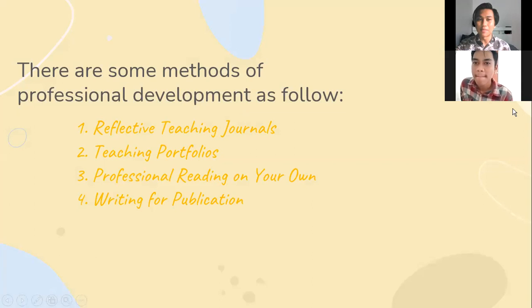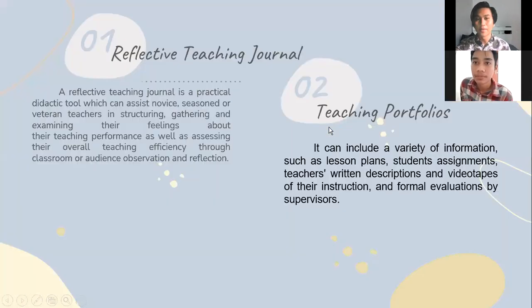There are some methods of professional development as follow: reflective teaching journals, teaching portfolios, professional reading on your own, and writing for publication. Okay, let's go to the first one, reflective teaching journal. Basically, a reflective teaching journal is used to evaluate what you have done in teaching. So when you are having a reflective teaching journal, you can write anything that you want about your teaching way, about your student development, about your student engagement, anything about education, anything about teaching, anything about learning experience that your